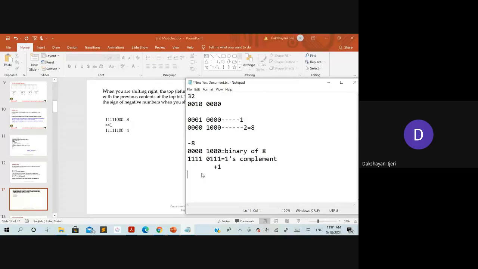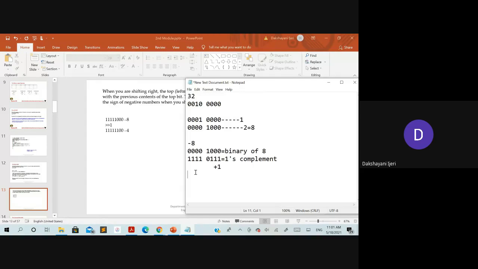So 1 plus 1, it is 1 0. I hope you know how to do the binary additions. Right. If it is 1 plus 1, the resultant will be 1 0. If it is 0 plus 1, the resultant is 1. If the operation is 1 plus 0, again the resultant is 1. 0 plus 0, it is 0. Only in case of 1 plus 1, the resultant is 1 0, where the 1 is carried over to the next bit here. So if you do so, go on writing here.